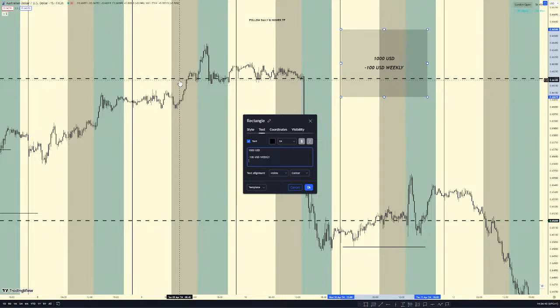I'm skipping London. Now, if these are the two sessions I trade in a day, that means I only take two losses every day. I can only take how many losses? Two losses every day. Only two. Why? One loss in Asian and one loss in New York. Just two losses.